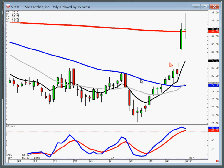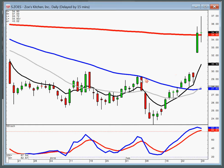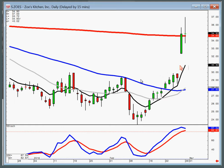Zoe's Pizza, you get ready to buy this one. Again, notice where it broke out. Again, with your stochastics up here in the overbought area, I'd be a buyer on positive trading, because then you have your doji sandwich telling you you're probably going to have more upside, which is taking you away from the